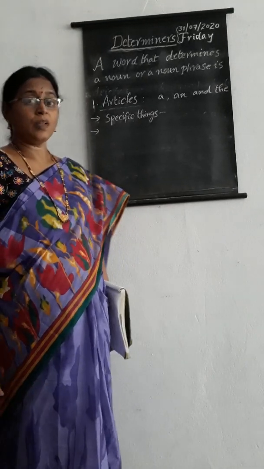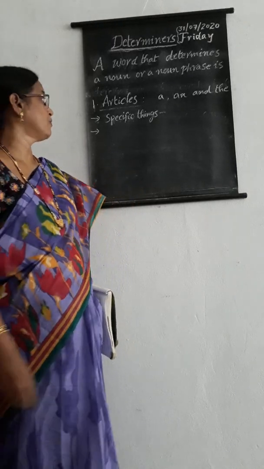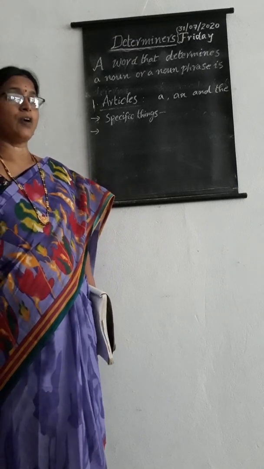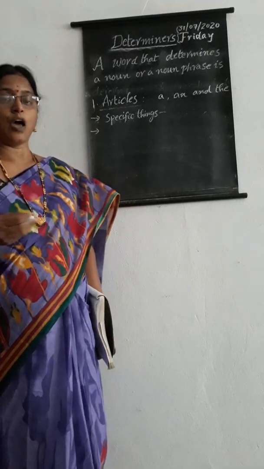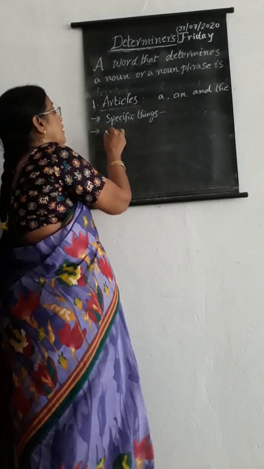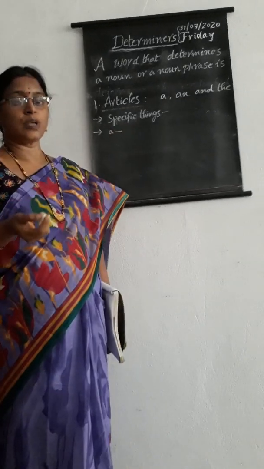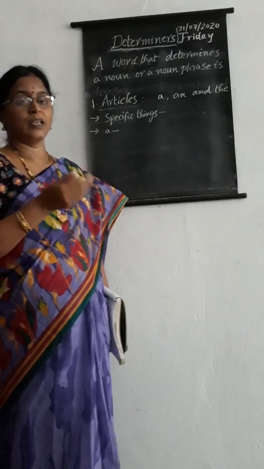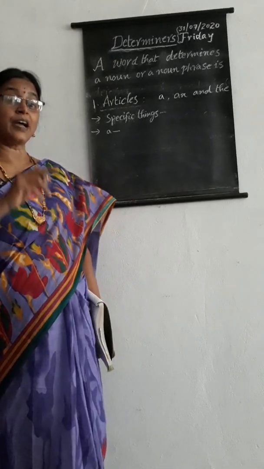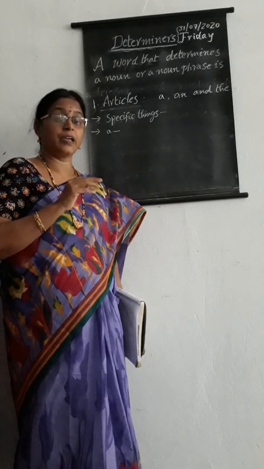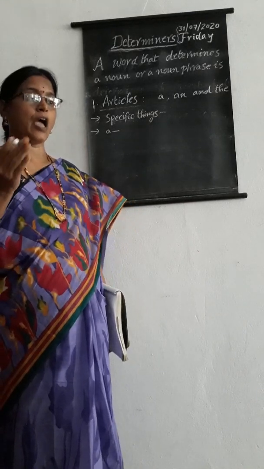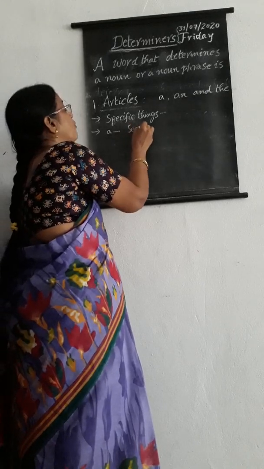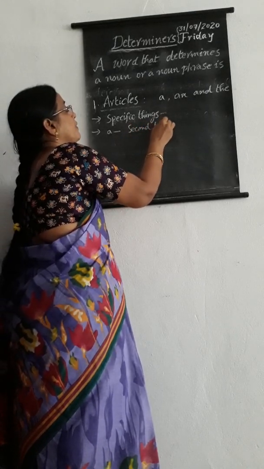First, we use it whenever we say once upon a time. For example, once upon a time there was a king. First time, before king, which is a noun, we use a. Then next time we want to talk about the same noun, we have to use the. First time we use a: once upon a time there was a king. The king had 7 sons. The second time we have to use the definite article the.